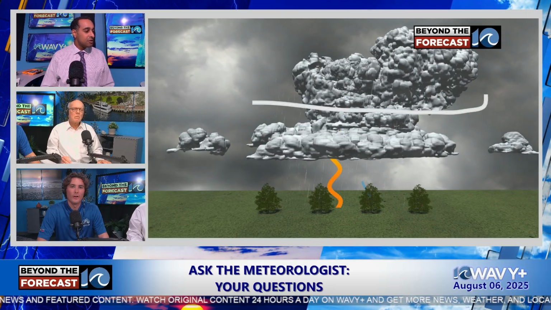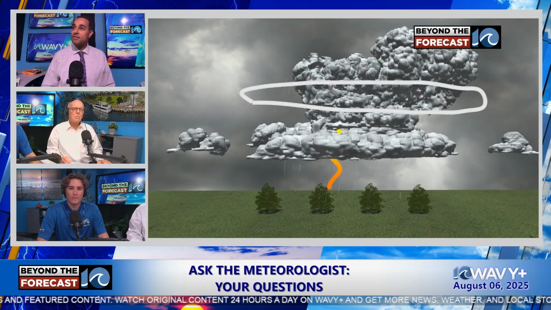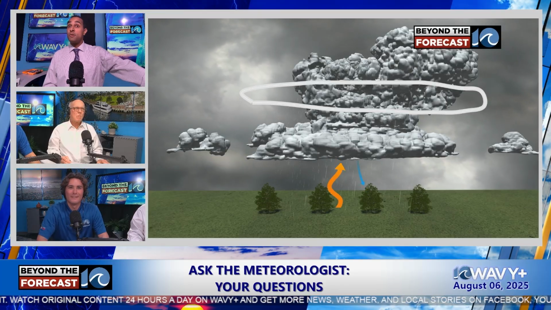Here, I have this graphic. This is more focused on shear, but before I let the text animate, can I draw on this? I'll add a pause. We can talk about how you can tell if there's shear based on the cloud and how it looks. Would you say 500 millibars is right around here, or a little bit higher? Sounds right. So we obviously have a thunderstorm that has a lot of water in it. Assuming the thunderstorm's really tall and it can make it all the way up there, we're going to go with cumulonimbus, the big ones.